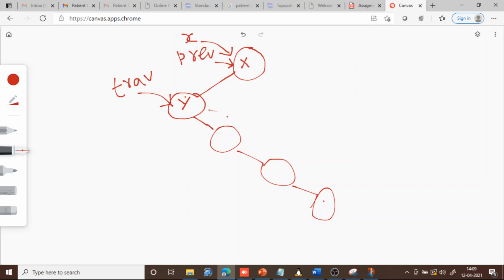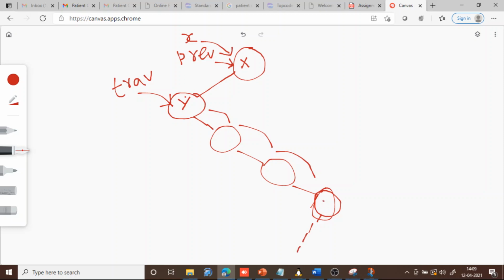Otherwise, you keep moving to the right until you reach the rightmost child which does not have any further right child. While moving, we keep pushing all these values into the stack. Finally we reach a rightmost child that does not have any further right child. We don't know whether it has a left child or not, but anyway, you have reached the in order predecessor.